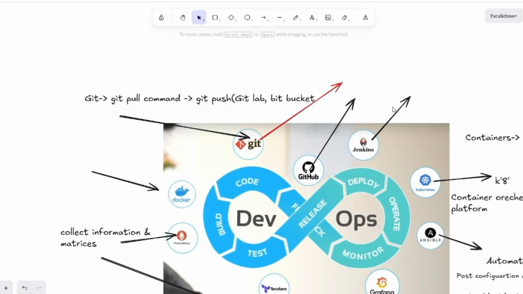तो इसका मतलब क्या है? It tracks changes in code and supports collaboration. Every DevOps engineer must know Git. ये हम डीपली देखेंगे, जो हम GitHub और Git के बारे में पढ़ेंगे। Git क्या है, GitHub क्या है, Bitbucket क्या है, GitLab क्या है।